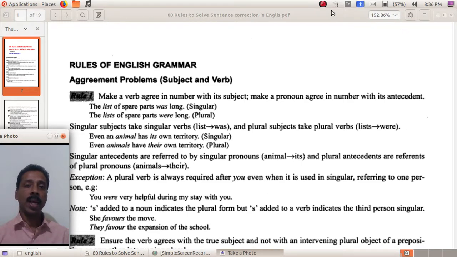So there are a number of rules based on this subject-verb agreement, and we will come to some of the main rules. We know that we have to use these rules in our day-to-day life while we use the English language. Some of the things are very familiar to us, some of them won't be so familiar. So go through the rules that we discuss here and try to practice them while we use language hereafter.